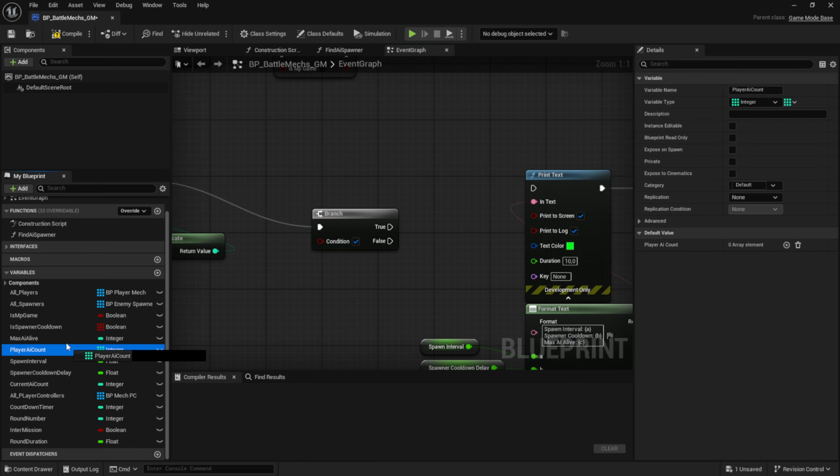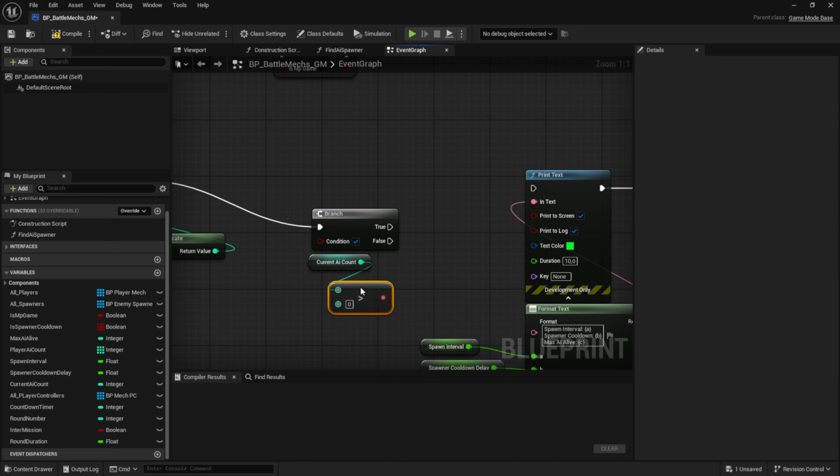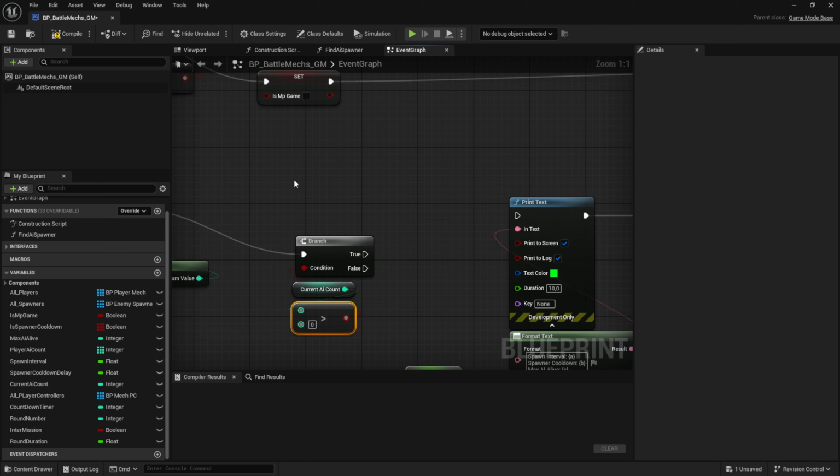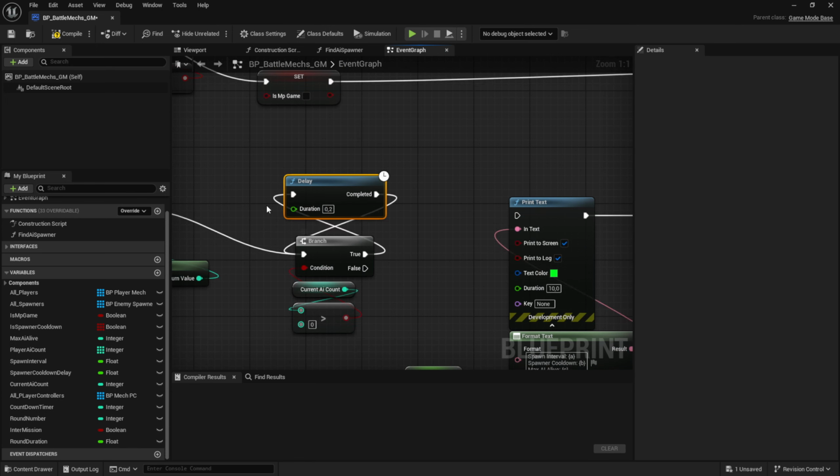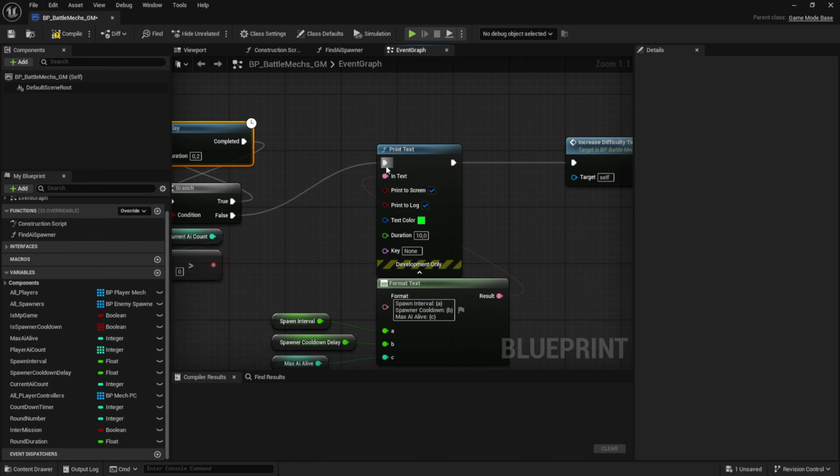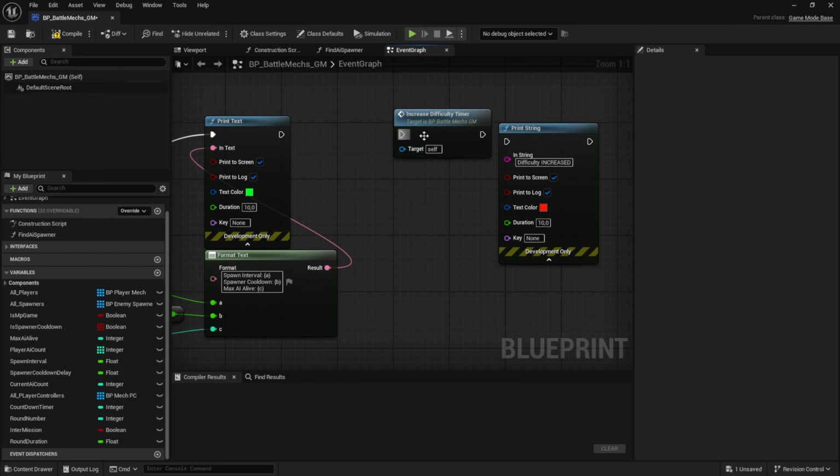So we have our current AI count over here, and we can simply do is greater than and plug it in as our condition. So if this is true, then we're going to wait. So I'm going to grab a delay and hook it up like so. So we keep looping as long as there are any AIs alive. And if all of them are dead, then we're going to continue. So then we're going to hook up the false pin to the print to make sure that we know what is happening